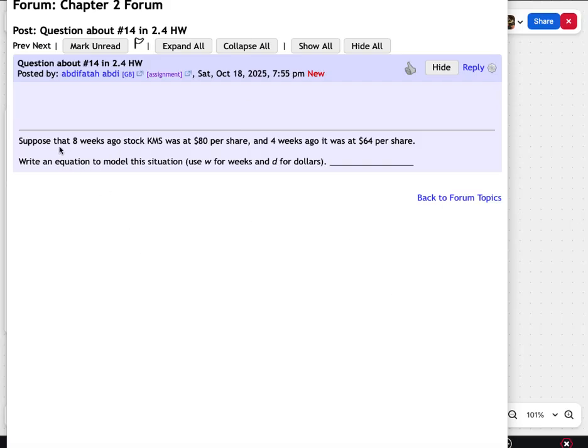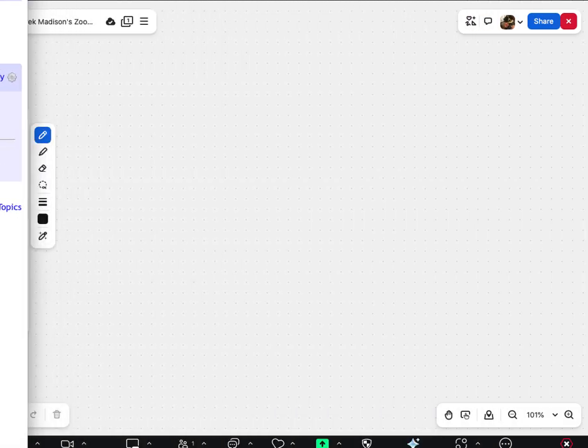So just to go through it, suppose 8 weeks ago the stock was at 80 bucks a share. 4 weeks ago the stock was at $64 a share. Write an equation to model this. We're supposed to use W for weeks and D for dollars. So